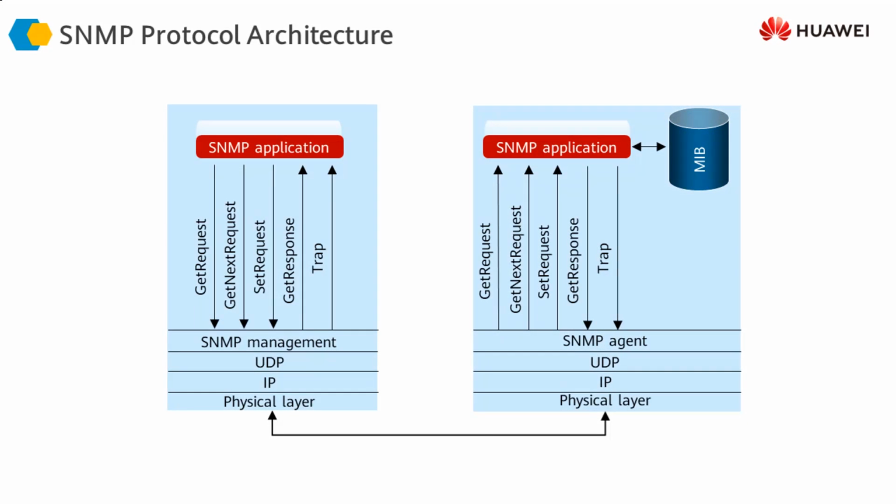If you look at the SNMP protocol architecture, you can see that we have the physical layer. On top of the physical layer, we have the IP layer and UDP. Then on top of this sits the SNMP agent. The SNMP agent exchanges information with the NMS using these different types of messages, and then the MIB is used for storing the information, from where the information is picked up by the agent and sent to the SNMP server or the SNMP station, which we call the NMS, or in our particular case it's eSite.